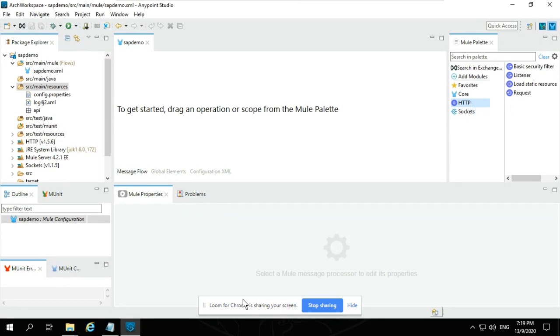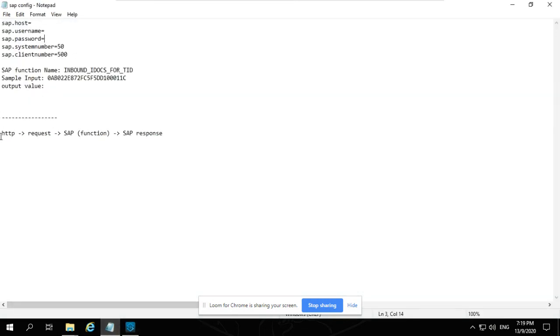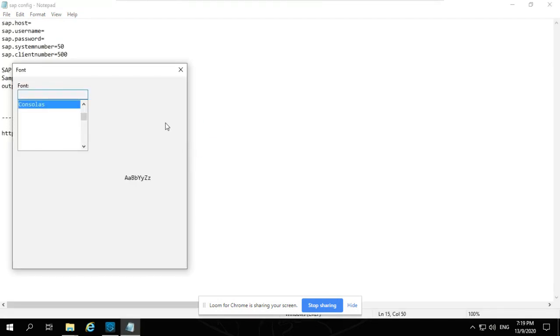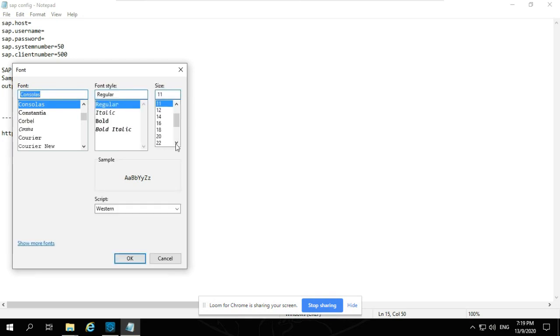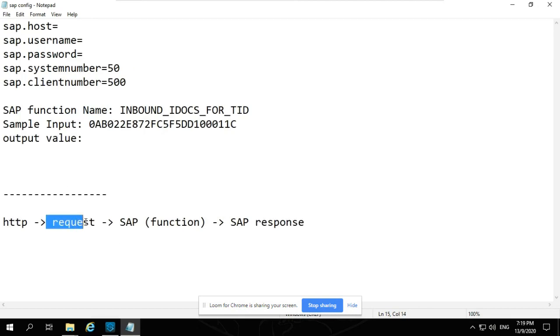I'll just make the font a little bigger. So the HTTP request is coming, then the SAP function, and then the SAP response is going to come. We are going to invoke a function, which we call a remote function module, or a remote function call, which is RFC.